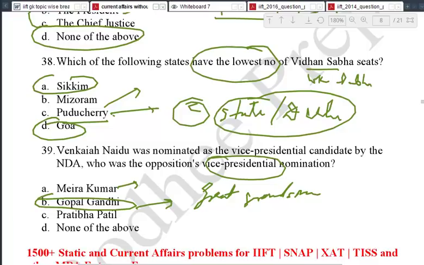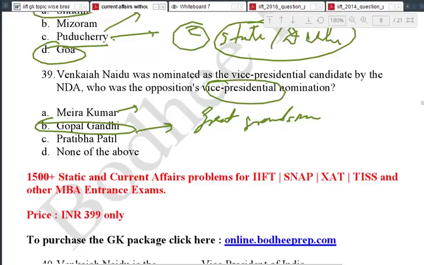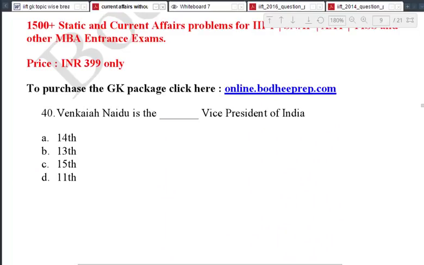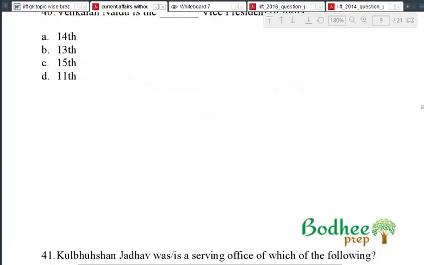First female president, I think Pratibha Patil. We haven't seen any other females. I'm not sure, but I think it is Pratibha Patil, yes. Because I know the president's name at least, and none of them are females. Similar question. Venkaiah Naidu is the dash president of India. I think he is the 15th. I'm not very sure about it. You can check.